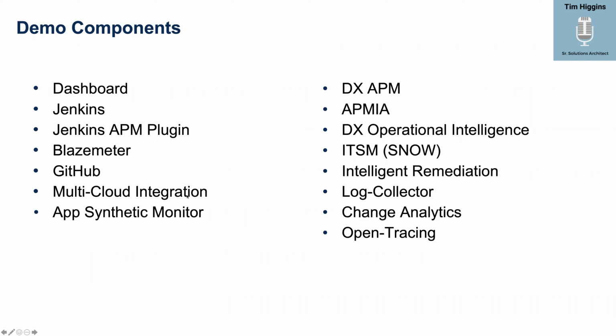We have some cloud integrations because this is a Kubernetes application. You'll see the nodes and things like that. And our database is running in AWS, so you'll see the Amazon RDS, the database piece. Sorry, I was thinking of something else. There are too many acronyms, right? Some app synthetic monitoring, your APM. So a lot of this you're going to see is OI that I talked about earlier, operational intelligence.